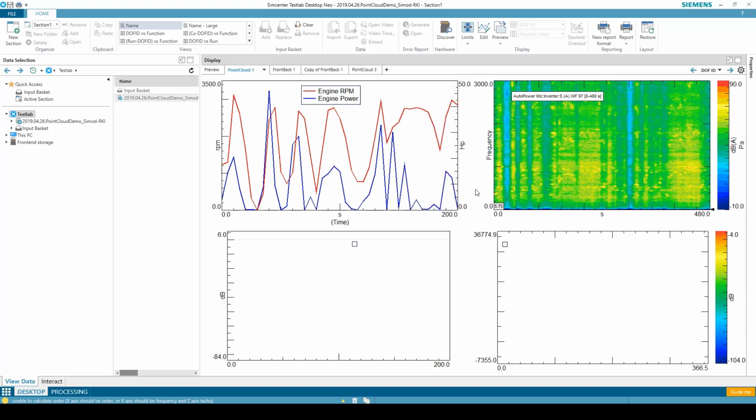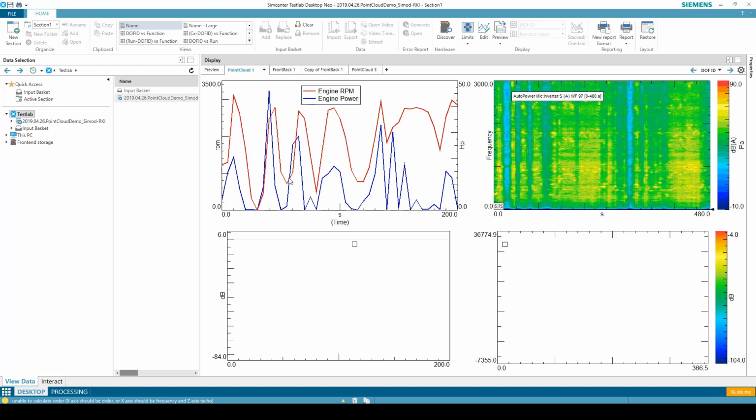In this example, I'm interested in seeing how the pressure level in a vehicle cabin changes with both RPM and engine power. In this plot in the upper left, I have engine power and engine RPM plotted versus time. You can see that I went through multiple run-ups and run-downs. So here you can see I'm running up because the red curve RPM is going up, and here the red curve RPM is going down, so I'm running down. The engine power value also changes as I run up and down. Of course, both RPM and engine power will affect the sound pressure level.